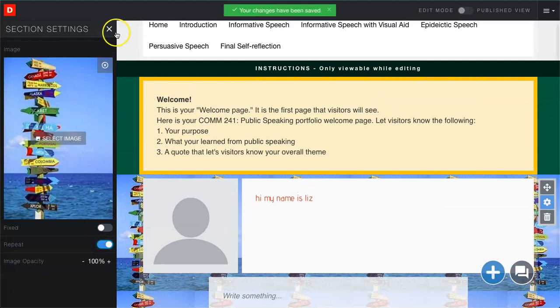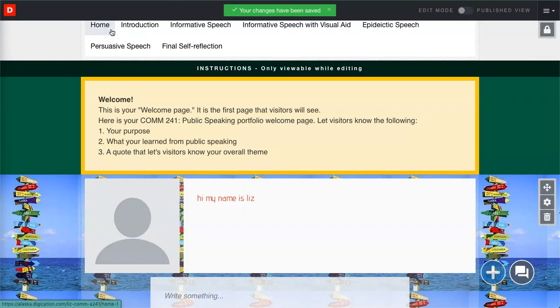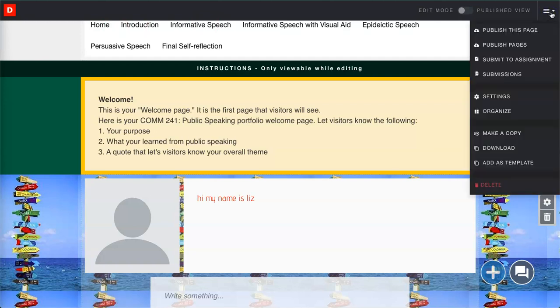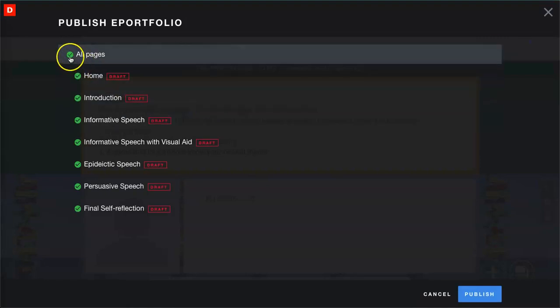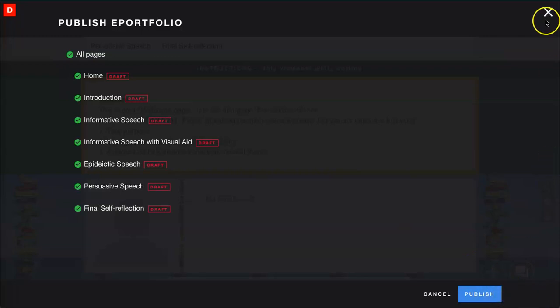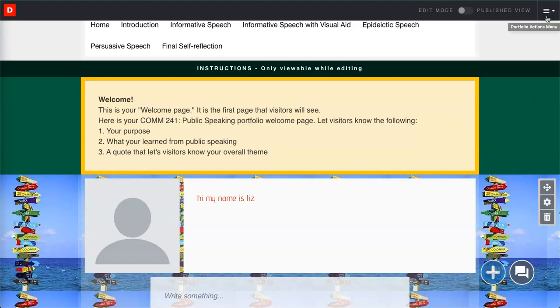And then once I've shown them their background, I go into how they're going to turn this in to their teacher. So you're going to go up to the menu bar. And for this class specifically, the teacher doesn't have an assignment, so you're just going to show them how to publish. So all they're going to do is click on Publish Pages, make sure that all pages is selected, and then you just click Publish,